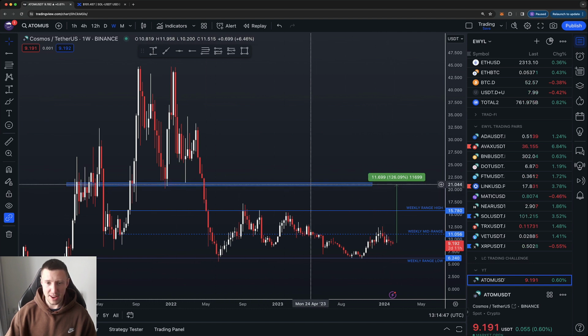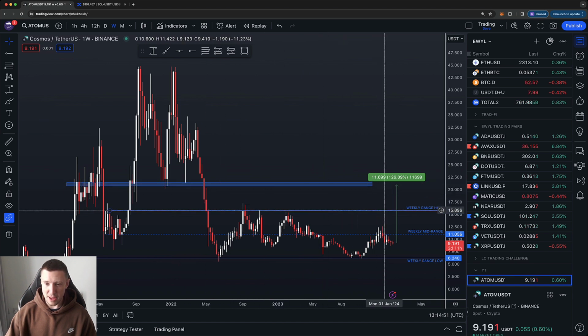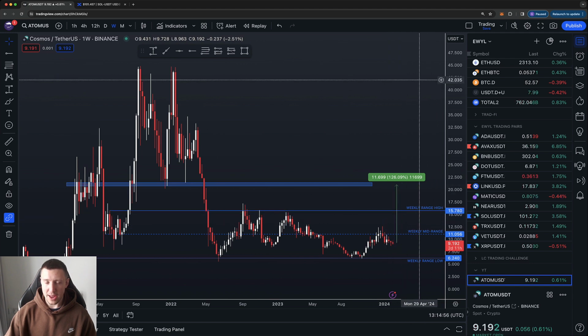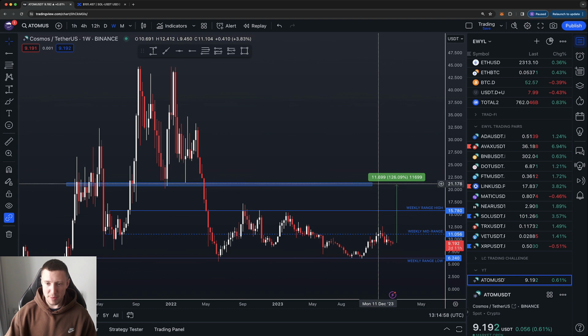First big test of this level as resistance since April 2022. Reject, maybe come back down for a bullish retest of the weekly range high at $15, make that higher low, and then continue. So that's why we talk about potentially taking some profits along the way so that you can reload and buy those dips, but also just to take some profits off to the side,